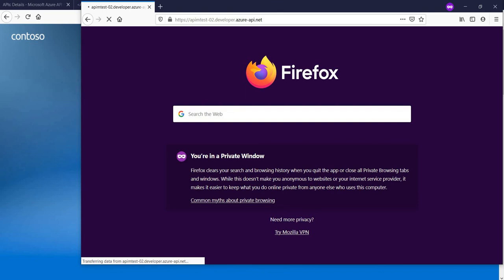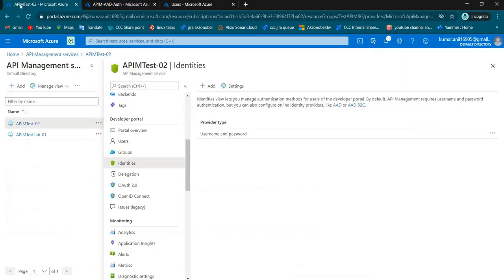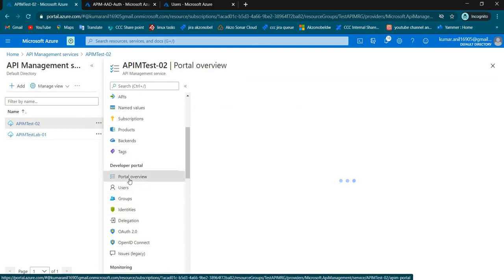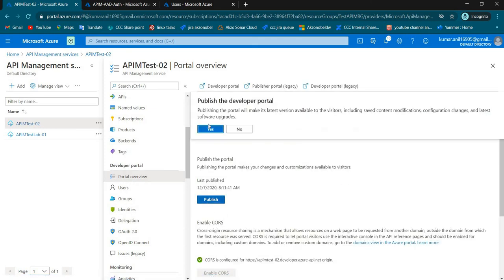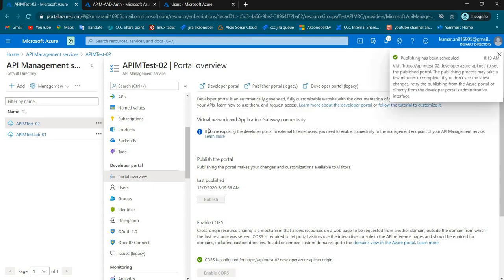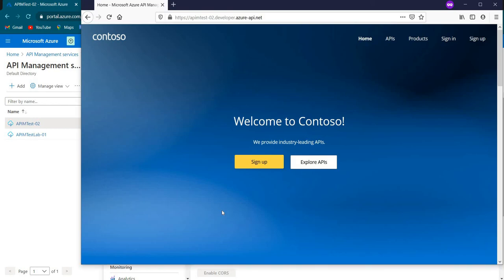And one thing, you didn't publish the changes. So if there is any cache information, there might be some chance it shows you login with Azure Active Directory. So keep this step as mandatory. Otherwise, this will confuse us. You have done some changes and they are not reflecting there. You no need to wait. You can just publish it and give a bit of time to replicate all the changes.